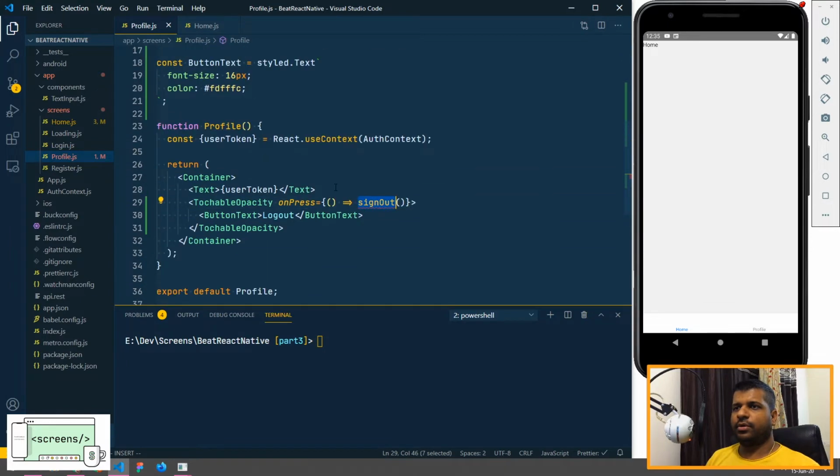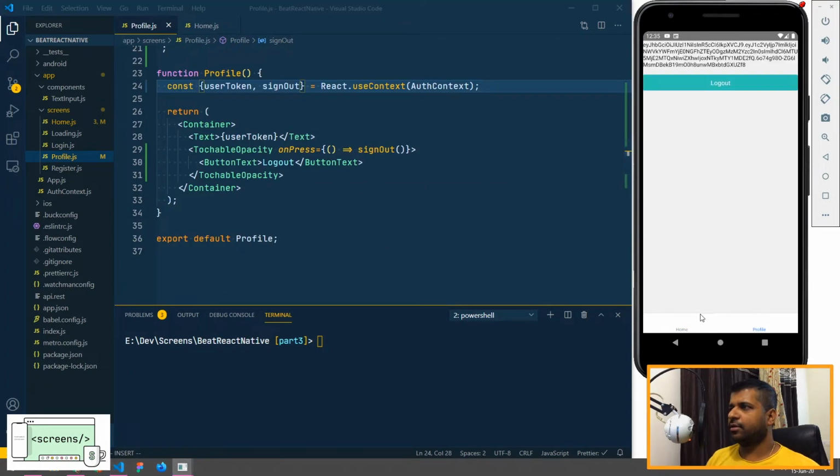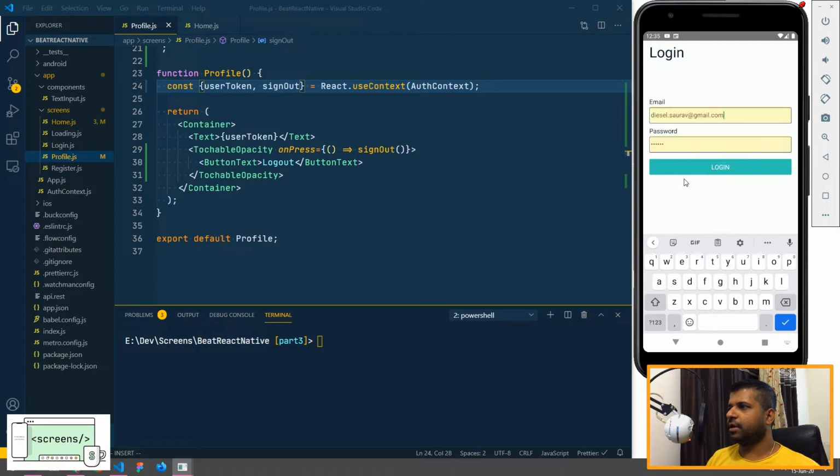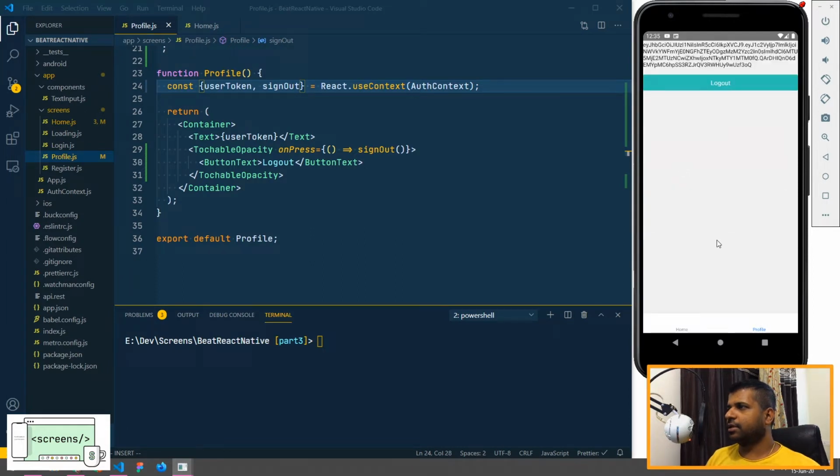And now we need to import sign out as well. So we'll get sign out from our context. Okay, so now let's go ahead and check. So I have the logout button. Let's log out. Everything is working fine. So that is great. So we have moved our logout button to profile.